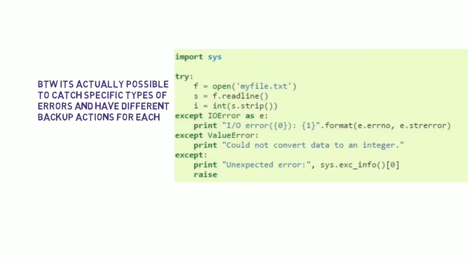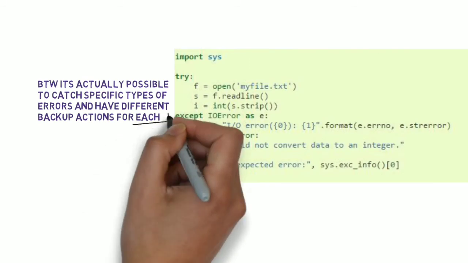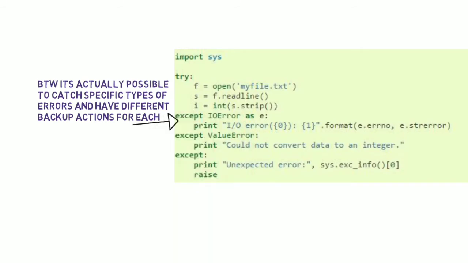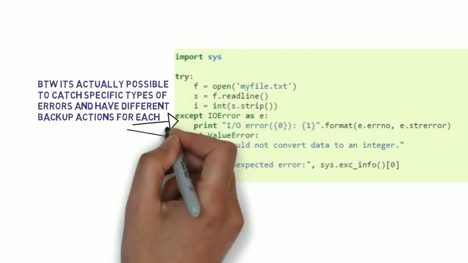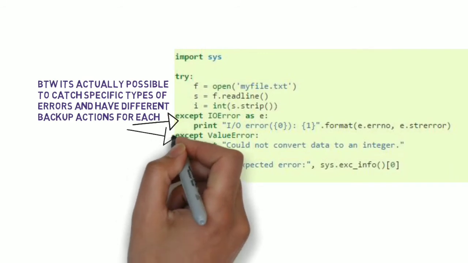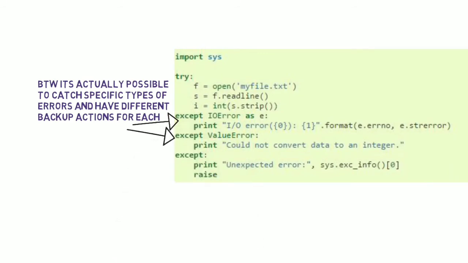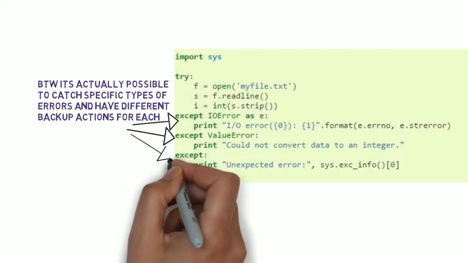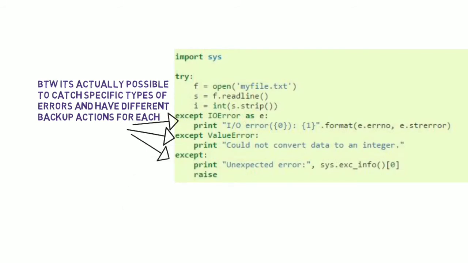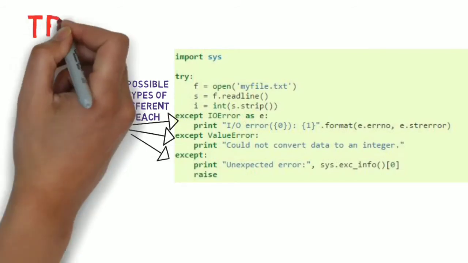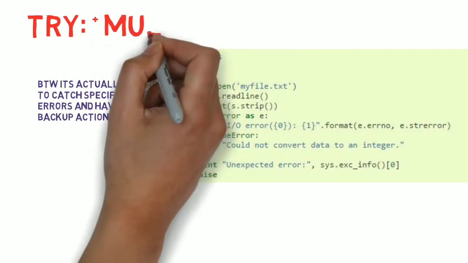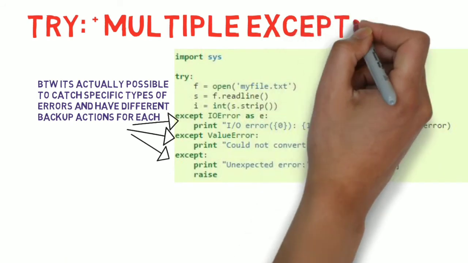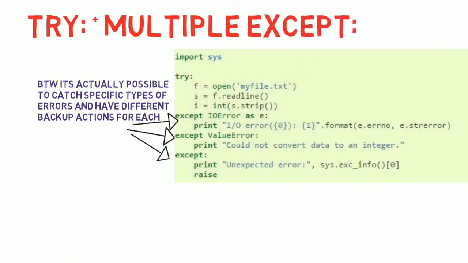So here is a piece of code that is trying to read a simple text file, and we have actually put in 3 except blocks here. Each of them is handling a specific type of error. So this is a way to do try with multiple excepts.